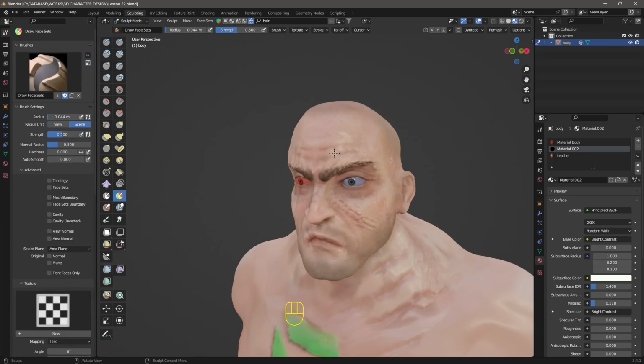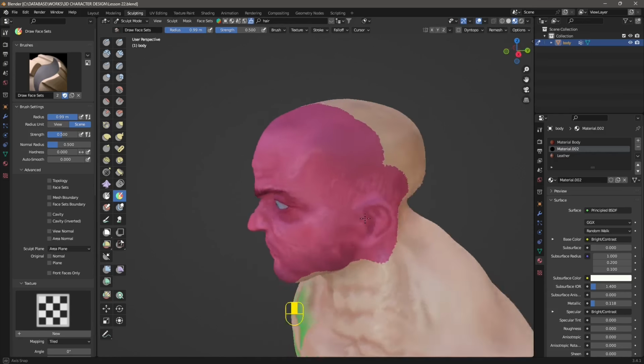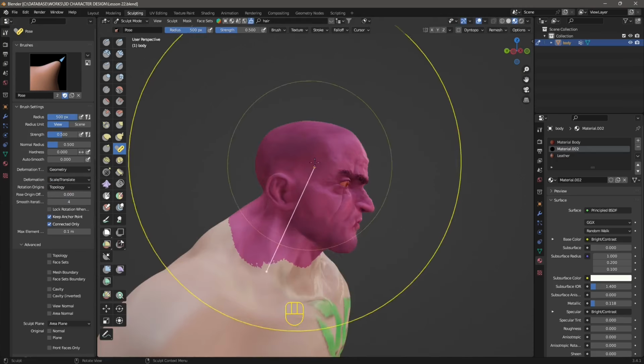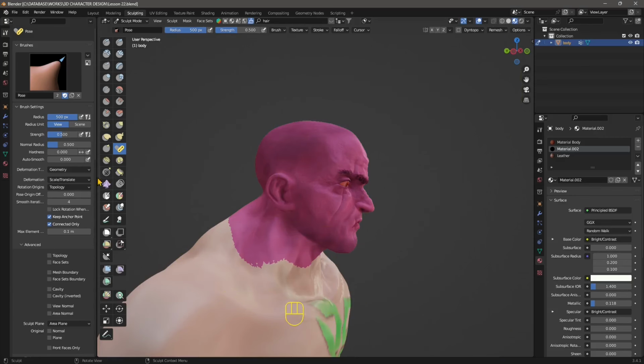So I'm going to use face sets again, because first I want to show you how you can pose this high poly model. But I also want to tell you right away that it's better to pose a low poly model rather than a high poly model. But essentially what we can do is isolate the part that we want to pose, and we can do that by using the face sets or the mask. And then we use the pose tool. I usually use the pose and scale and transfer, so you can like transpose